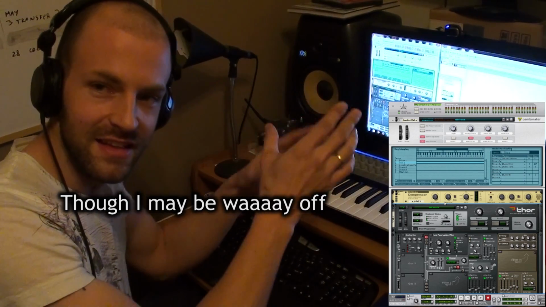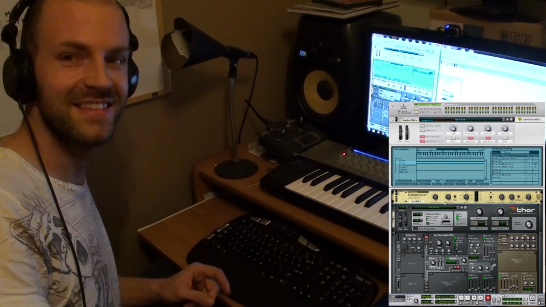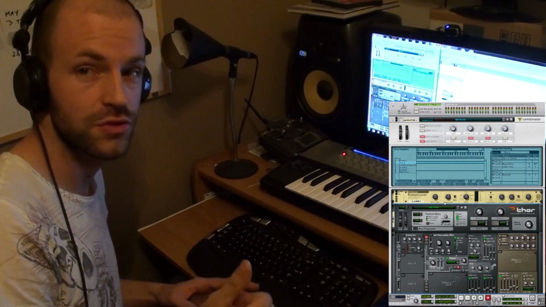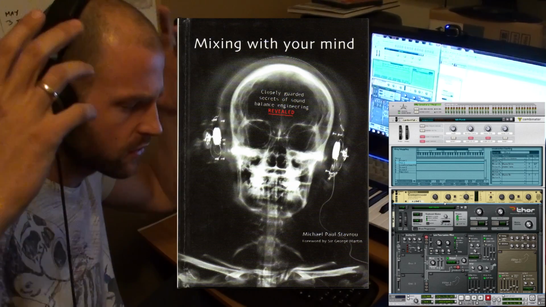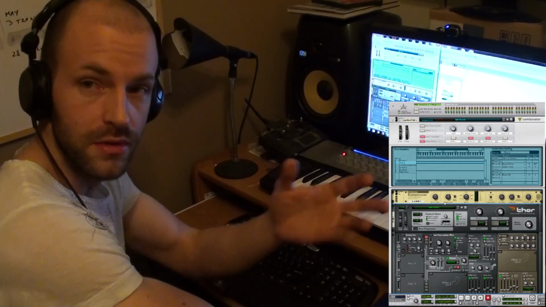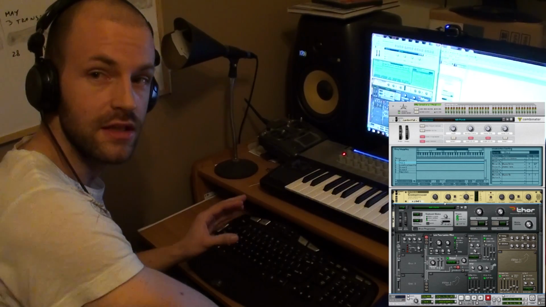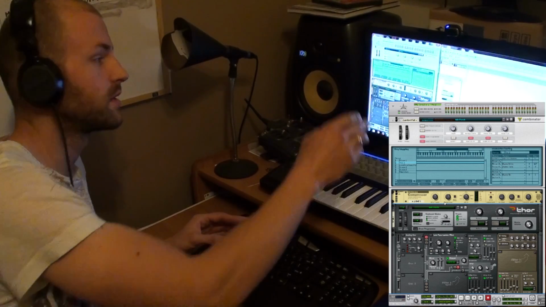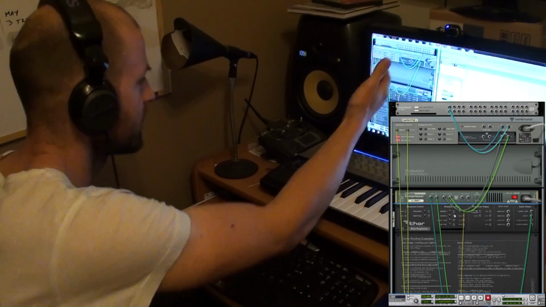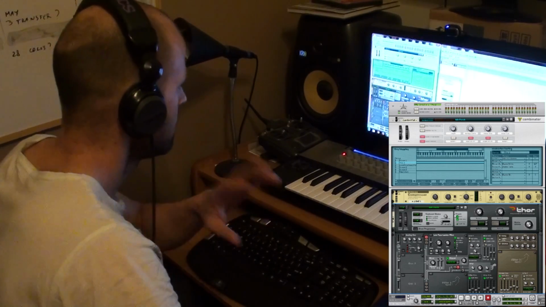If he saw the attack in the thing... I highly recommend the book though, Mixing With Your Mind, or Mix With Your Mind. It's like an X-ray with headphones of someone's head on the cover, but the book is full of really good techniques. Nothing to do with Reason, but you can apply them because Reason is so realistic in terms of how things work. It's a rack, you wire things up, you use the instruments. Anyway,